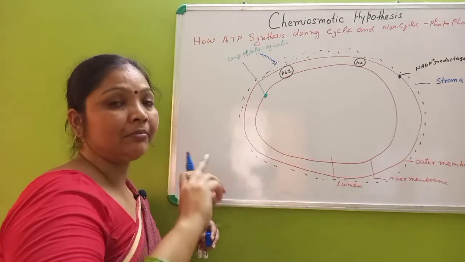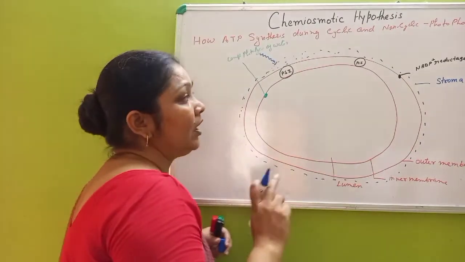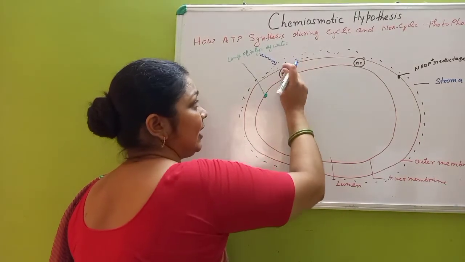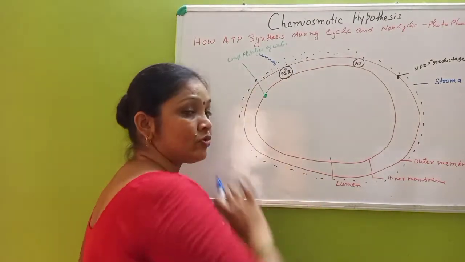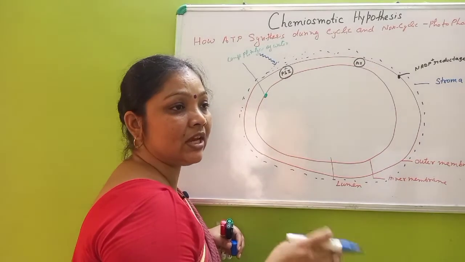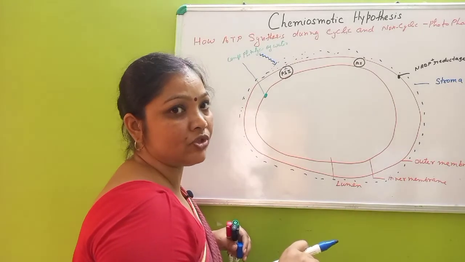Now, remember the non-cyclic process. Then what happened? In that, the electron gets excited and gets accepted by the primary acceptor, which is present in photosystem 2. Then after that, the electron loses its energy and it will enter into the electron transport chain,